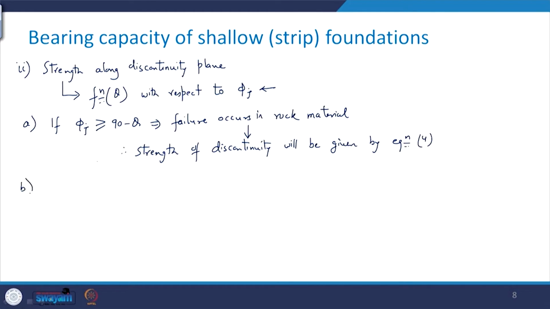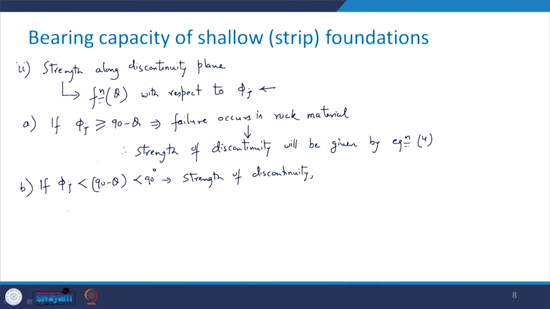But in case you have phi j, if this phi j is less than 90 minus theta and less than 90 degree, then in this case the strength of discontinuity